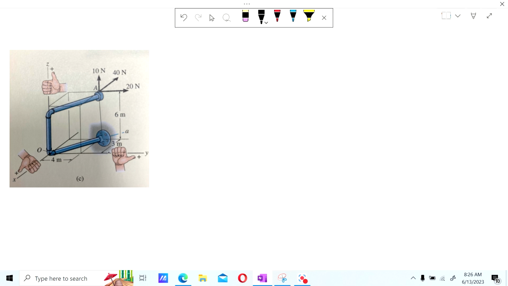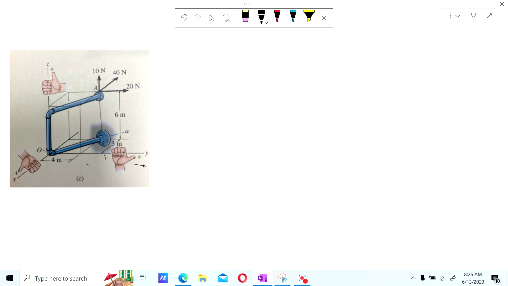So if you try and grab the axis with your fingers and you extend your thumb, the thumb will show you the positive side of the axis. So like in this case, y is positive. If you try and the palm, the axis should be covered by your palm